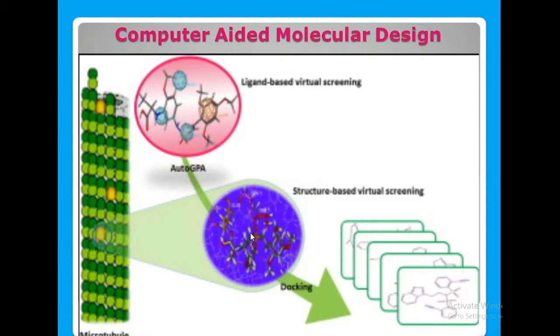Or if you are going to study the structure of any compound based on the target, in which target it binds and what is the structure of that target, that is called target based. First one is ligand-based virtual screening, second one is structure-based or target-based virtual screening. Here, based on the structure where the ligand binds, you are going to study the structure. That is otherwise called the docking program also. Next session you'll see the docking program.